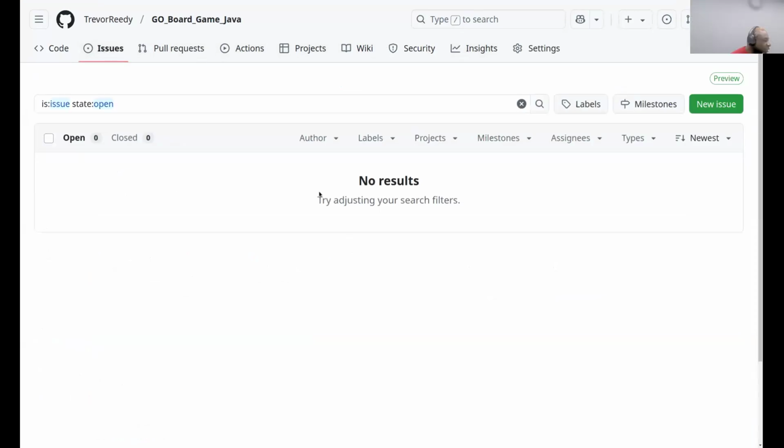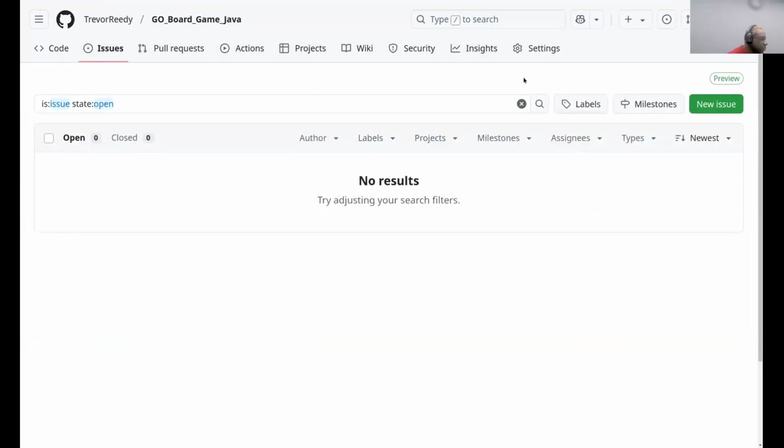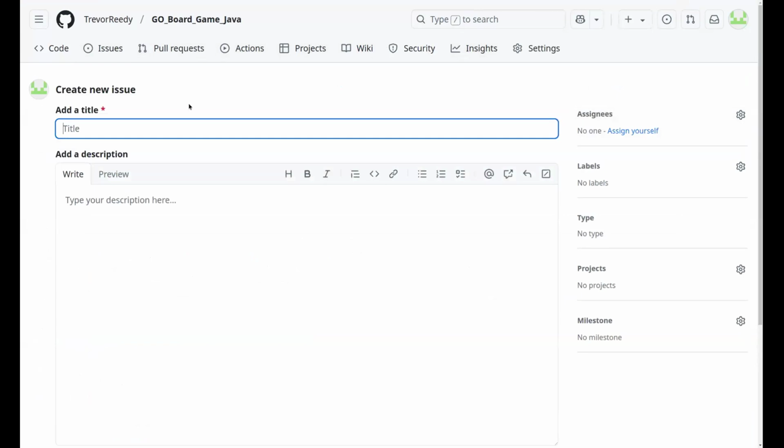I found this really, really useful sometimes. So if you create a new issue, instead of having to go outside somewhere else on our team to say what we need to do, you can just create an issue.